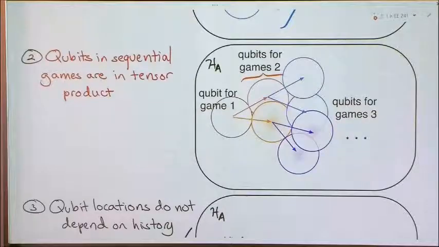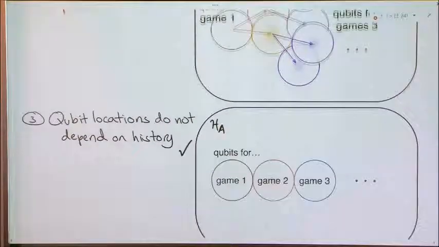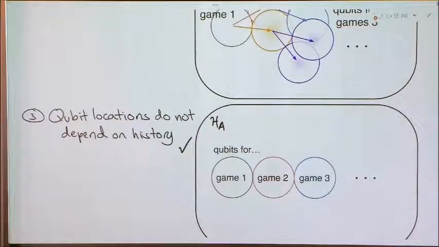And the most interesting step of the proof is actually showing that these qubits don't overlap each other at all, intuitively. So actually that they lie in tensor product with each other. They're independent, but there's still history dependence. And then the last step of the proof sort of glues these different transcripts together to show that there's no history dependence. So you measure the black qubit for game 1. You measure the red qubit in game 2, independent of what the result of game 1 was, and then in game 3 you measure the blue qubit independent of the previous results.